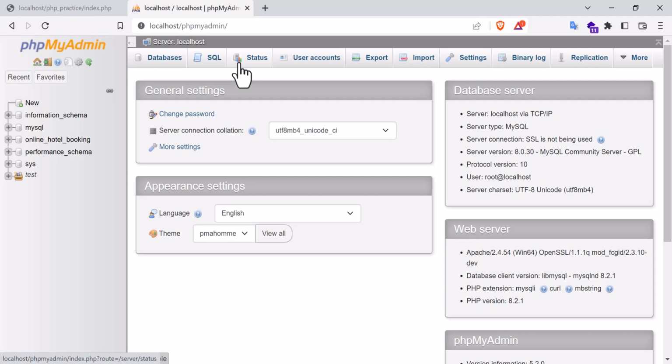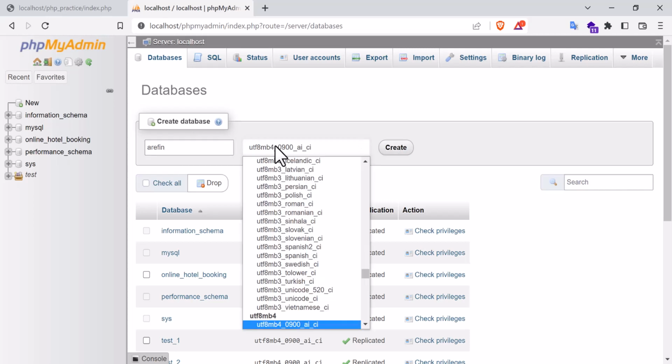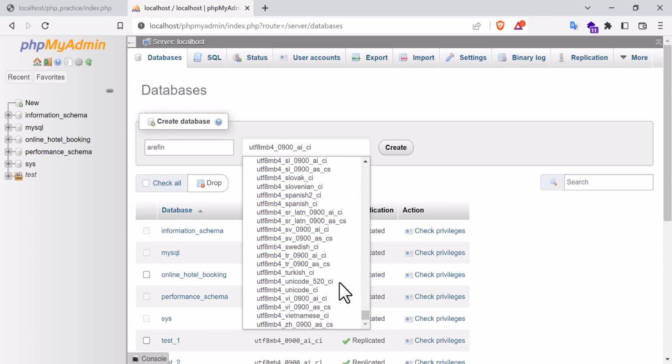If you want to create a database using phpMyAdmin, here you see there is an option, here you will click and you will get a field to create a database. So give here any name you want. For example, I am going to give my name, and then I can easily create it. If you want to select Unicode, you can also use Unicode characters here. For example, here